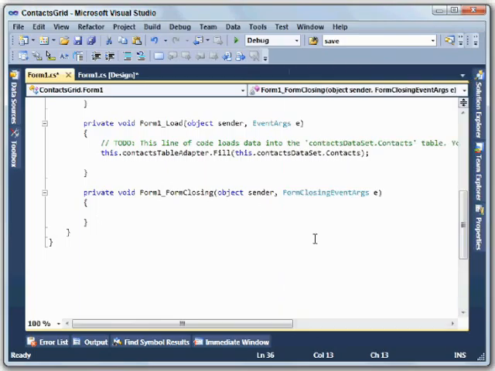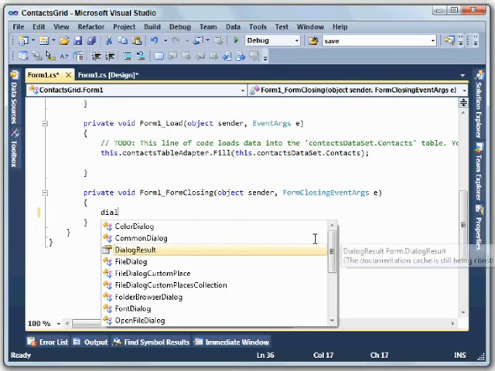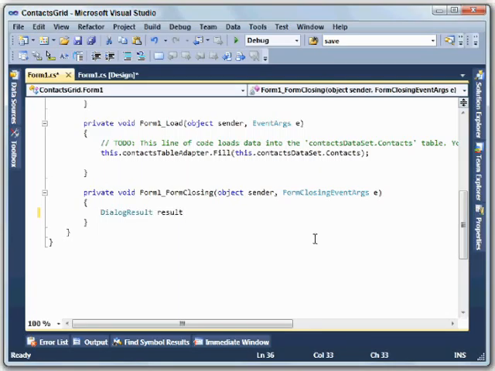So in the form closing event here, I'm going to ask the user, should I close or not? I'm going to let the user have three choices, yes, no, and cancel. So I can't use a simple if, then, else statement here because I want to take three different possible actions. So what I'm going to do is display this dialog and then save the result in a variable so I can look at it. So I'm going to say dialog result, I'll call it result, equals